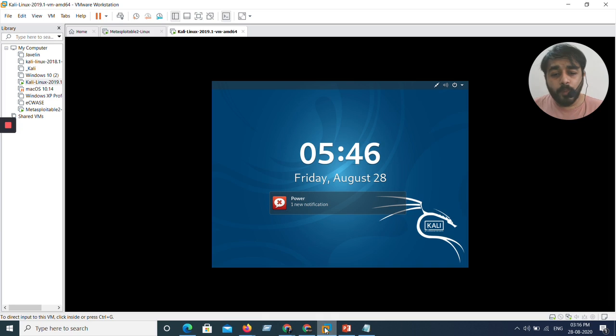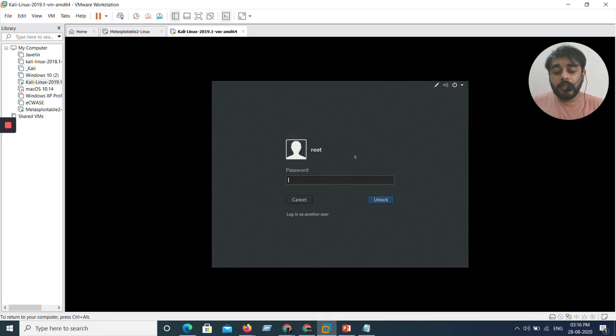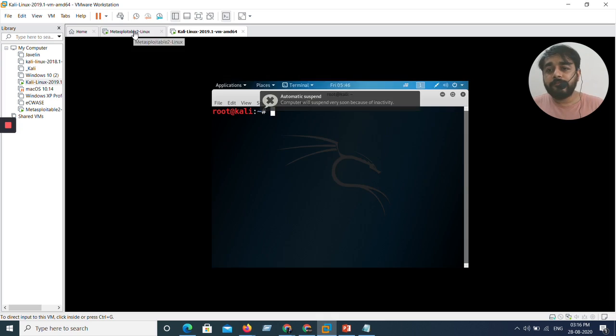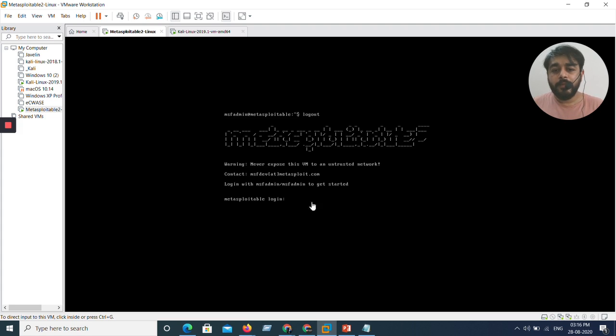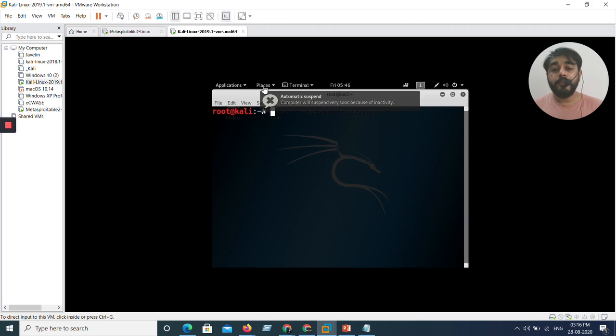So I have two operating systems running over here, Kali Linux and Metasploitable 2. This is Metasploitable 2. Metasploitable 2 is a deliberately created vulnerable machine for practice purposes, so that you can practice different exploits and different vulnerabilities on Metasploitable 2. We are going to look at this, but first let me open up Kali Linux,